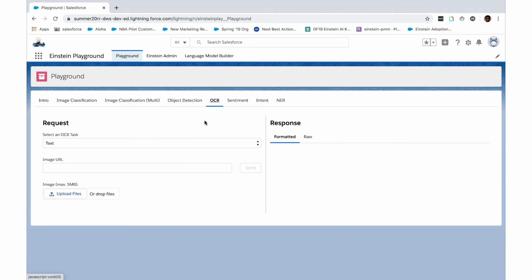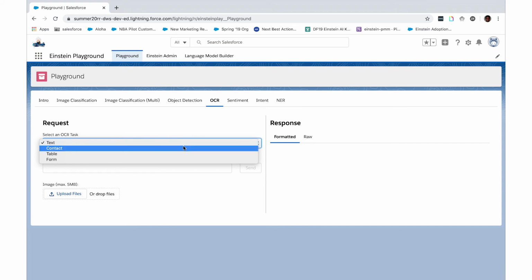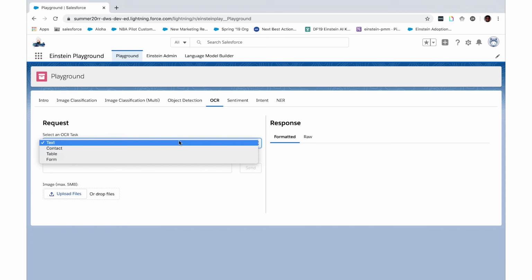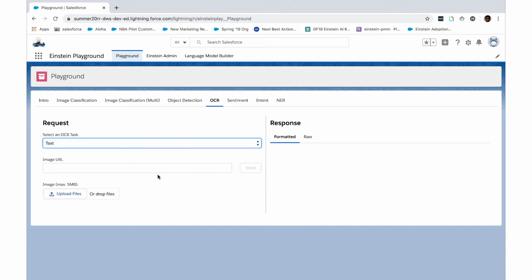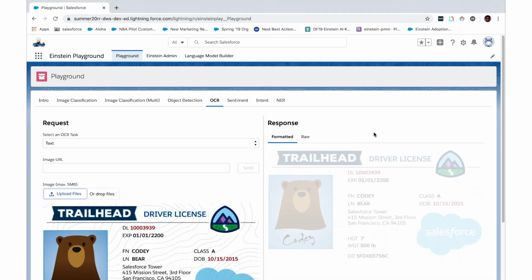As I mentioned before, Einstein OCR is already pre-trained, so you don't need to upload your own dataset and train anything. All you need to do is select your OCR task. In this case, we want it to just extract text, not contacts, not tables, not from a form. So we just include text and upload our file. Boom.